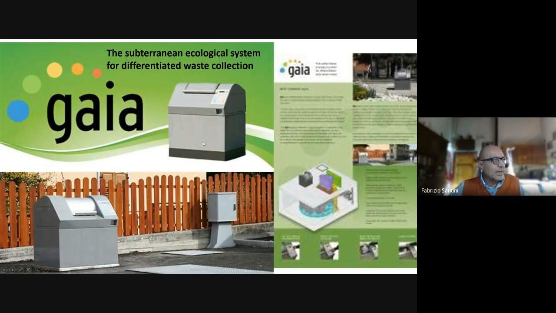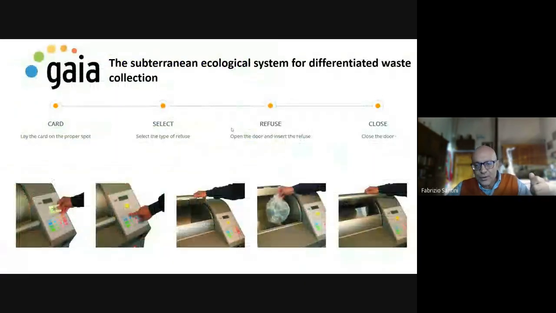So that's a subterranean ecological system for the differentiation of waste. You go near with your card, you select the kind of waste you want to put inside, and then this machine will know through a laser and through a sensor if the garbage you are putting inside is the right one, and will calculate how much plastic, how much paper, how much metal you're producing. This is a very interesting system that was designed by an Italian company in North Italy,